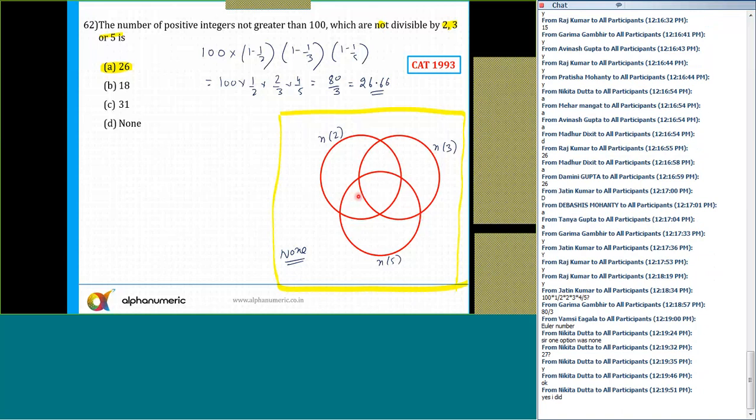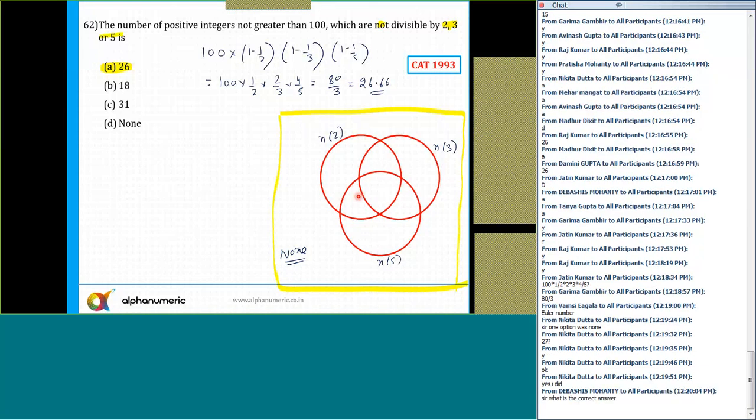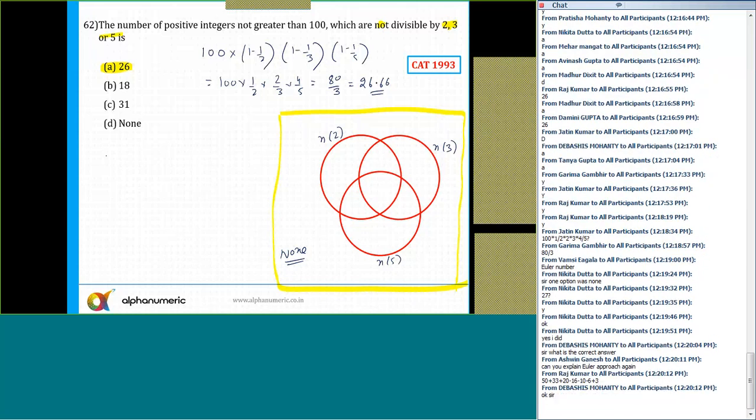But I told you that in number system also there is one concept which I'll discuss in the number system, but I'm just explaining to you. Now, correct answer is 26. Now just hear how. In such a scenario, we are basically looking for numbers which are neither divisible by 2, nor by 3, nor by 5. So take the LCM of these. What is the LCM of 2, 3 and 5?